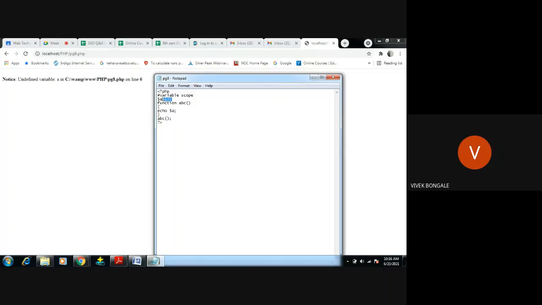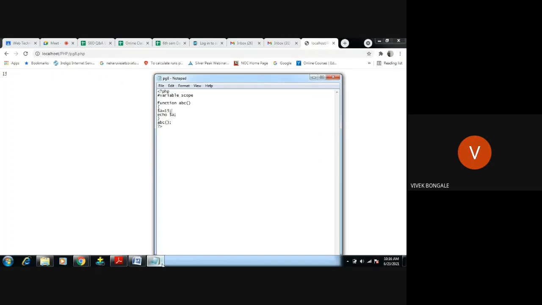Then I will cut this part and copy it inside this function. Will we get the same result? No, we'll get the 15 value. Yes, we got this 15 value, right? Now the question is: I want to access this value even though it is not declared inside the function. I will keep the variable outside the function. I want to access this variable inside the function, but I have not declared it inside my function. Even so, I want to access this value.